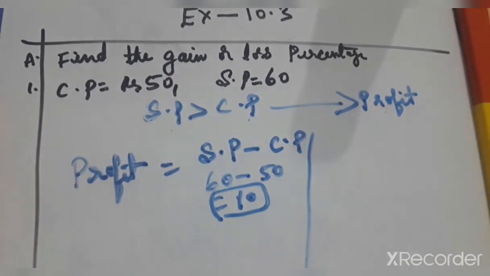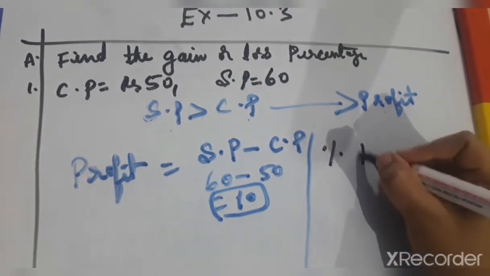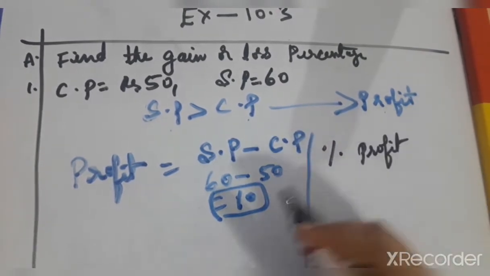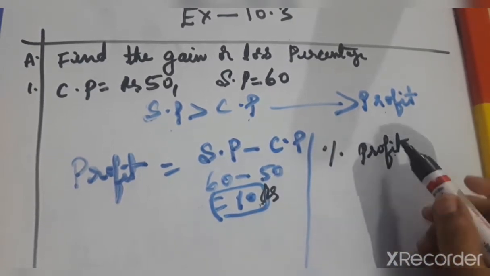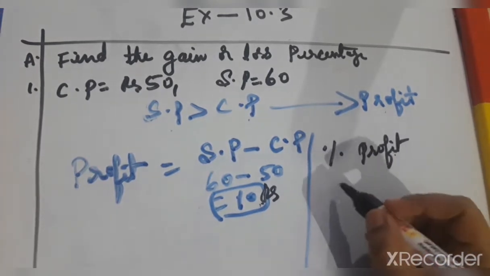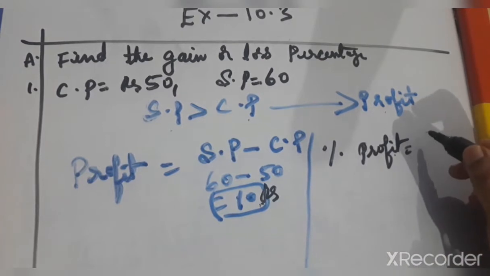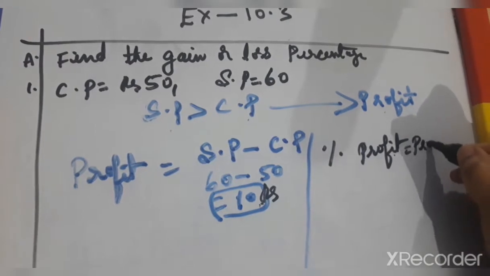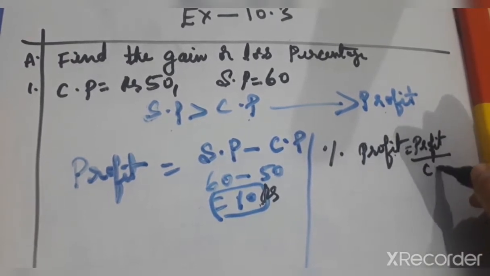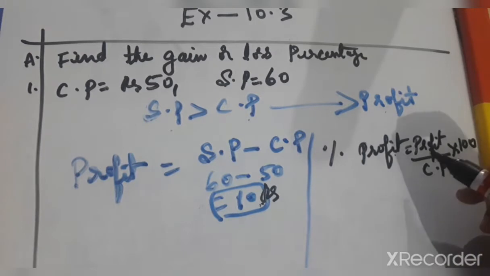Now the percentage of profit. What is the formula to find the percentage of profit? We have the profit now, we got rupees 10 here, so we have to find the percentage of profit. The formula is: percentage of profit equals profit by cost price. You have to learn the formulas properly, all formulas related to this chapter. First write down all the formulas related to this chapter, then learn them. Percentage of profit equals profit by